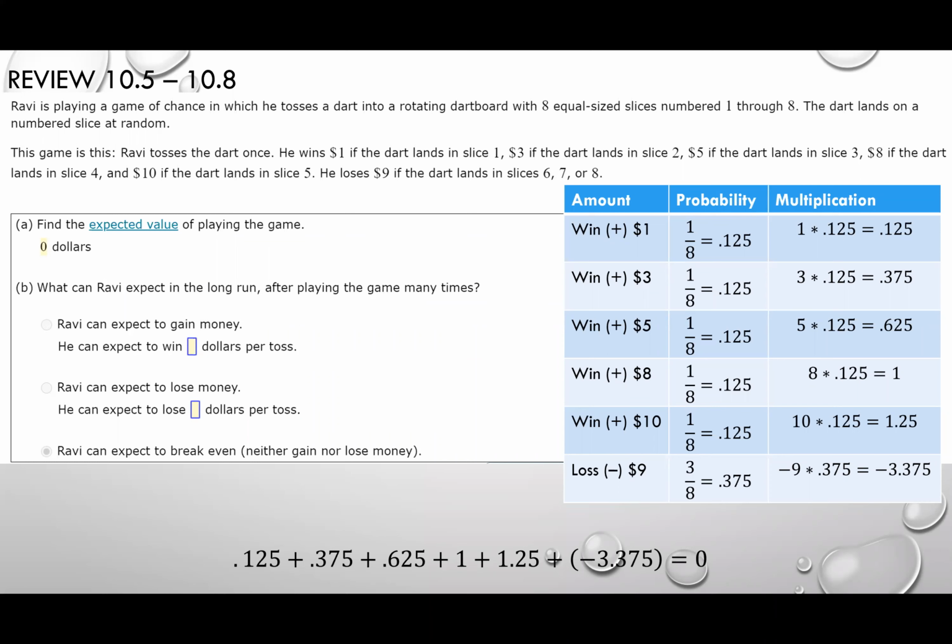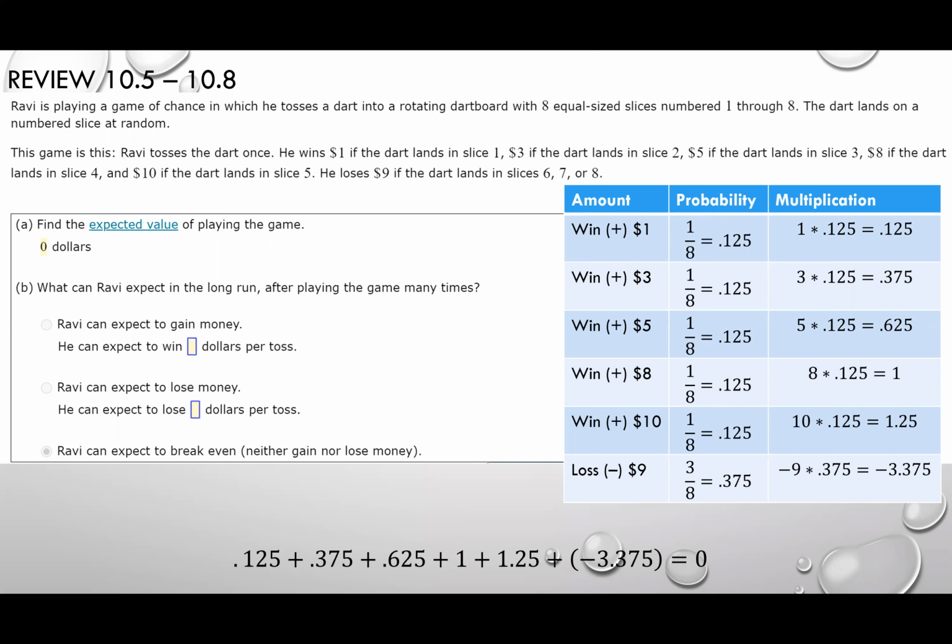So this is a fair game. Okay, so again, if it comes out to 0, it's a fair game. Nobody wins anything. If it comes out to be negative, you will expect to lose. If it comes out to be positive, you expect to win. Okay, so looking at this thing here,